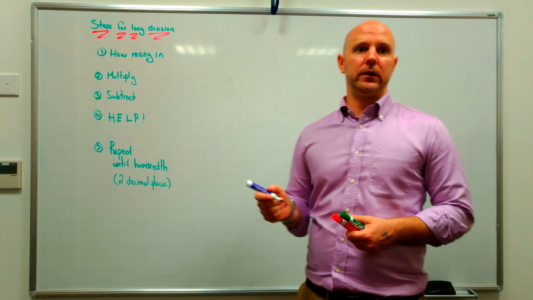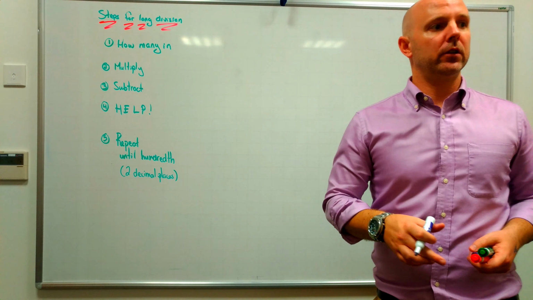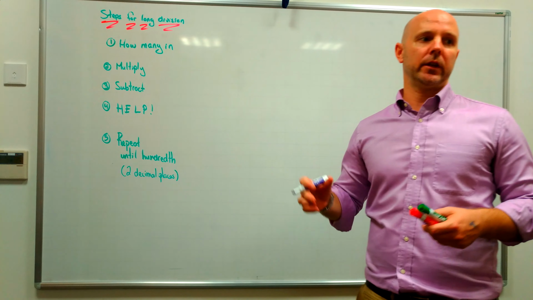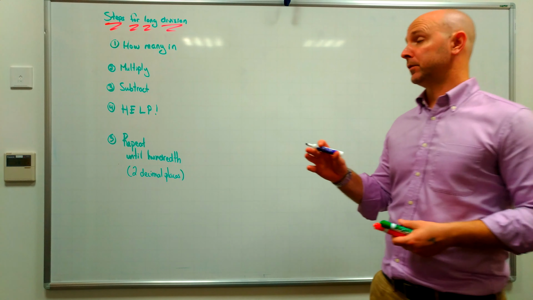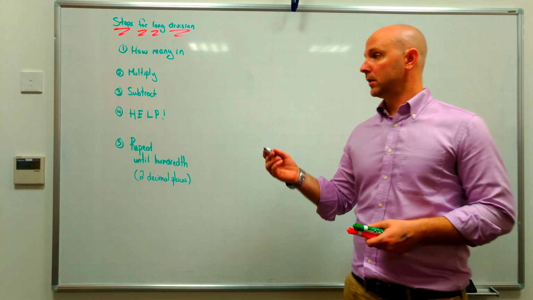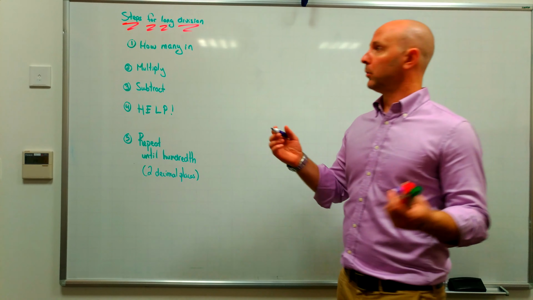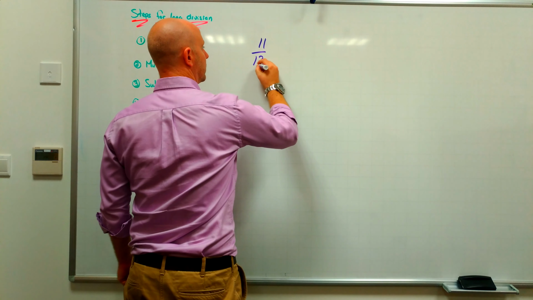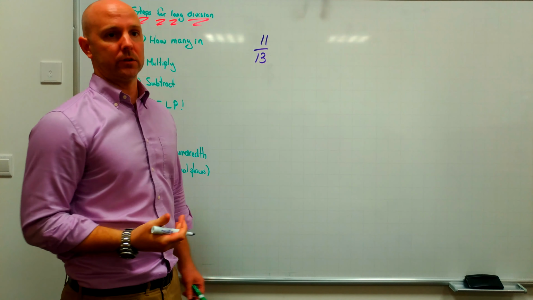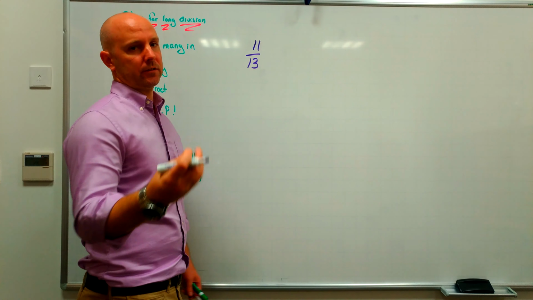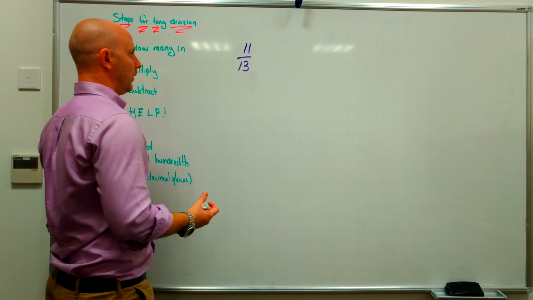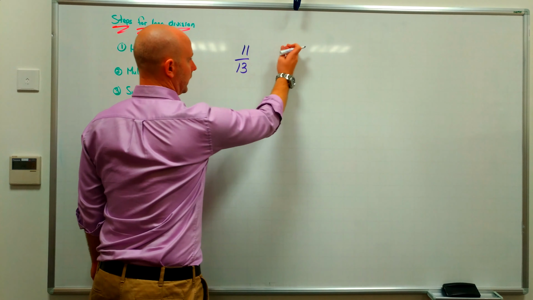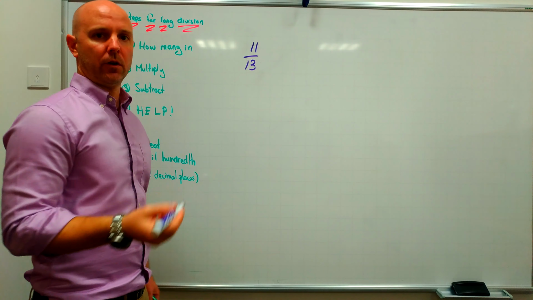Grade 6. Today we did turning some fractions into decimals, and to do that, one of the most efficient ways to do it is using long division. So we use kind of an example of maybe I got 11 out of 13 points on a quiz or a test that I did. How to figure out that as a decimal or as a percentage? Well, the most efficient way is to do long division, especially if we don't have a calculator, we're doing it